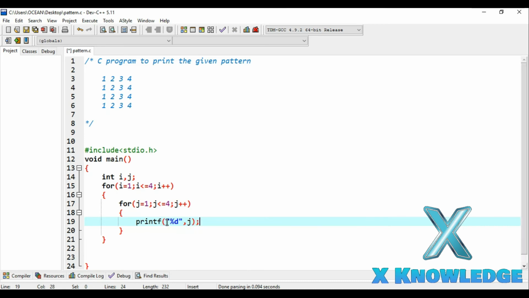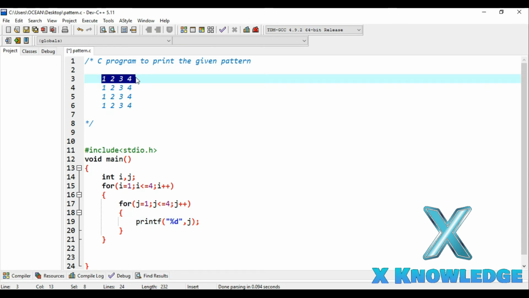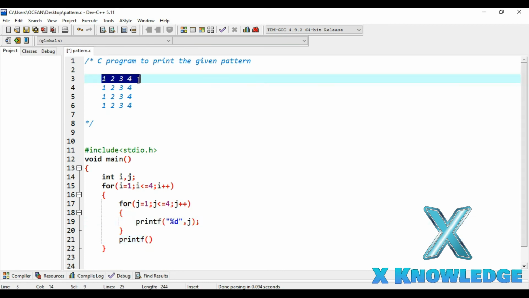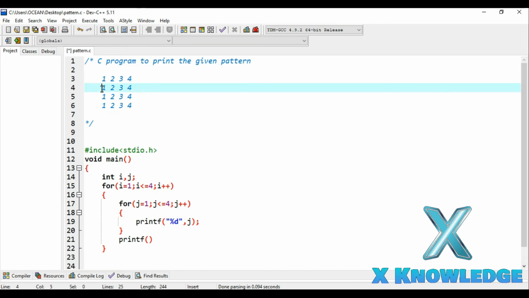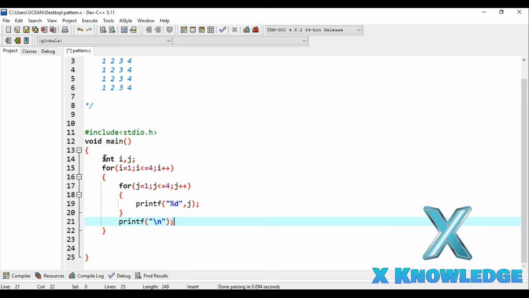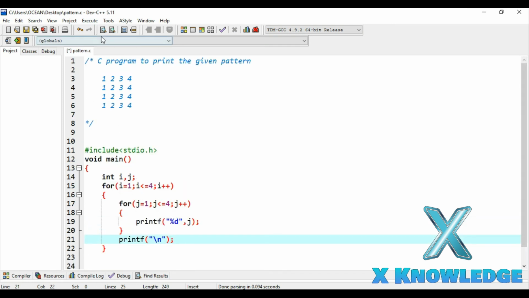and we will be replacing this %d with the j value. Now after the content of each row, the second row elements should get printed on a different line. For this we will be using a special character, that is \n. What this \n will do for us is that after printing the first row, the cursor will move to the next line such that the second row elements will get printed on a different line, that is in the second line. So let's use the special character \n and put a semicolon. So that's all, this is what the whole logic is, and let's watch the output.